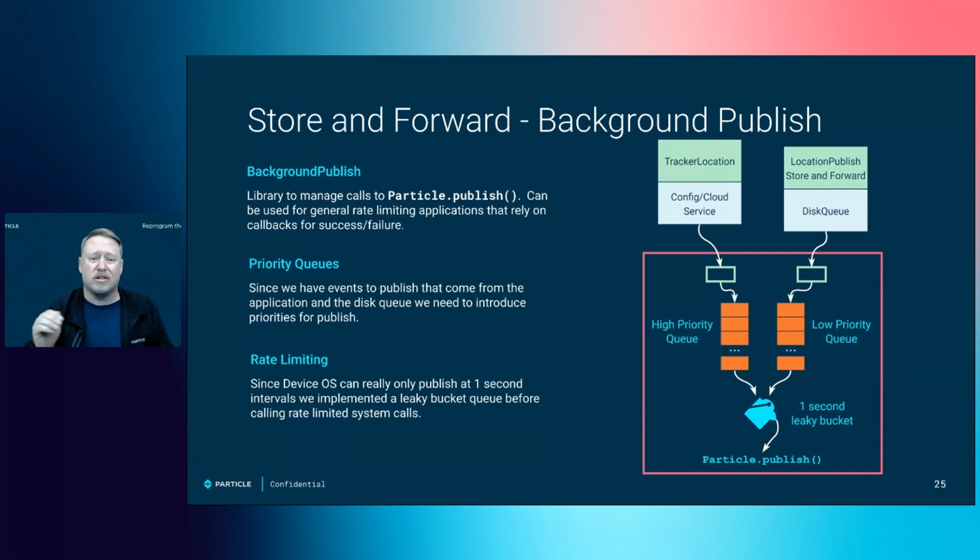Well, we put an extra layer on top of it, and this extra layer manages one publish per second rate limit, as well as allows us to inject higher priority messages that may come from your application with the lower priority messages that may come from this disk queue that is operating when you come back online again. So you might have a bunch of messages that are stored up on disk, and you want to send them